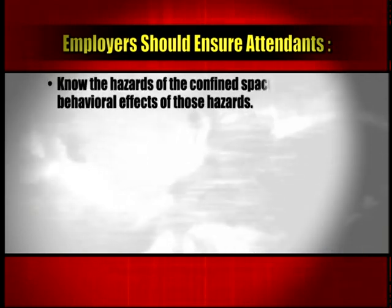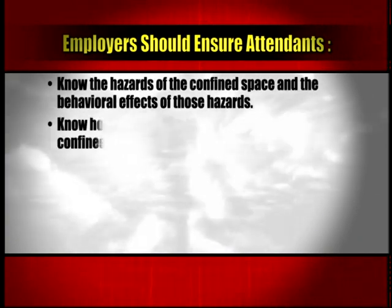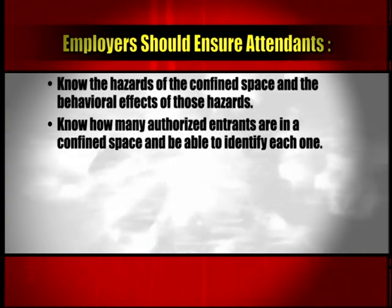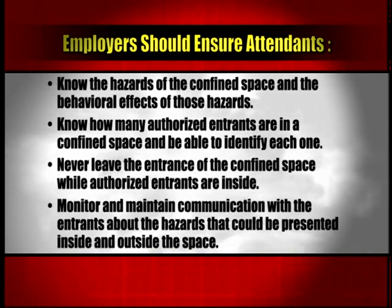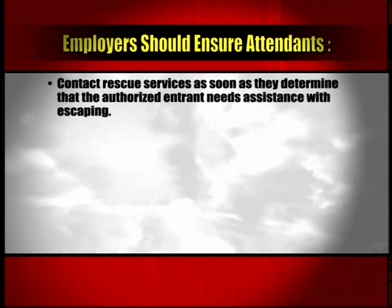OSHA requires the employer to train all attendants that will be watching over a confined space. Employers should ensure attendants know the hazards of the confined space and the behavioral effects of those hazards, know how many authorized entrants are in a confined space and be able to identify each one, never leave the entrance of the confined space while authorized entrants are inside, monitor and maintain communication with the entrants about the hazards that could be presented inside and outside the space, contact rescue services as soon as they determine that the authorized entrant needs assistance with escaping,